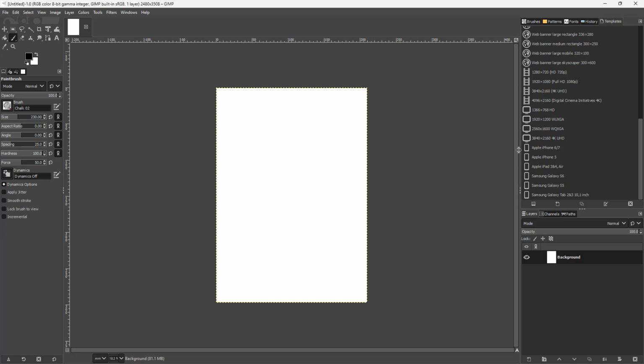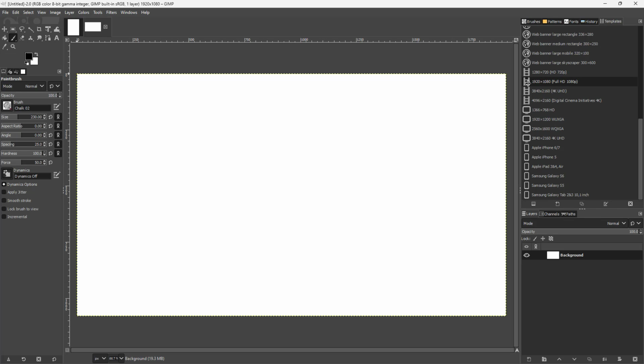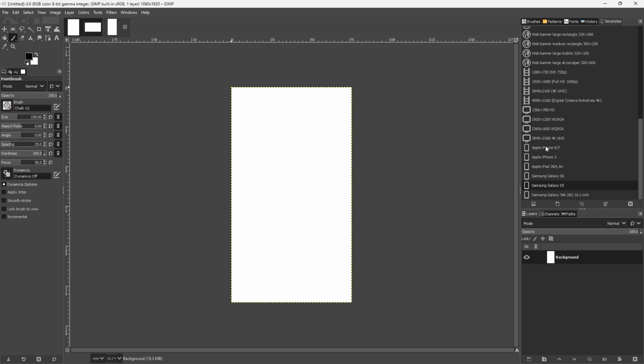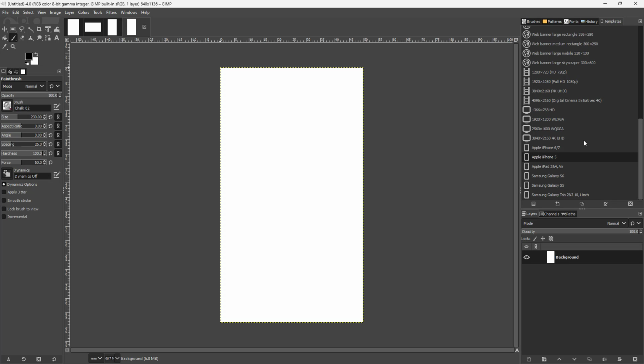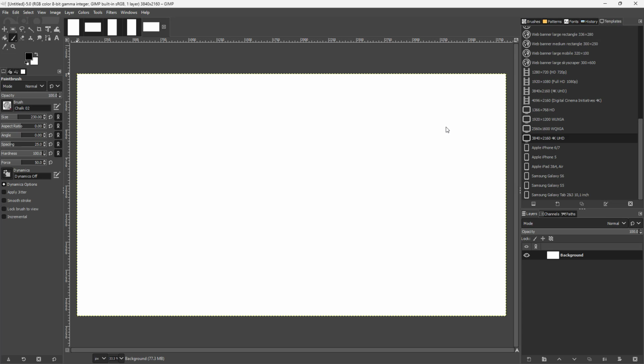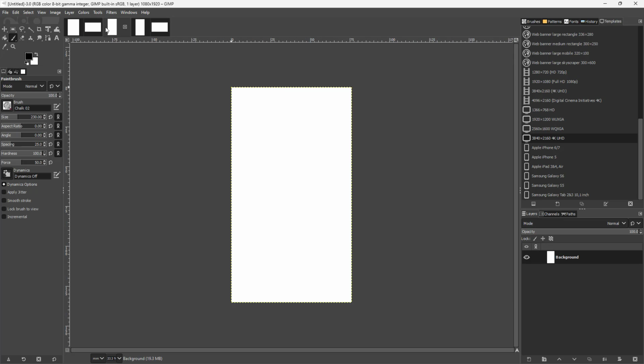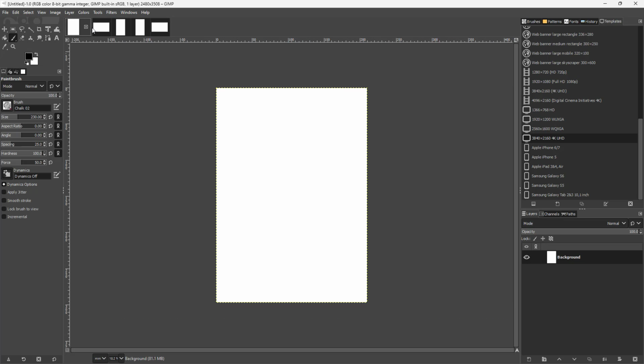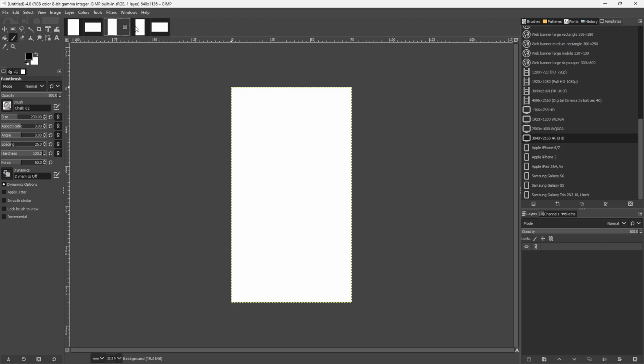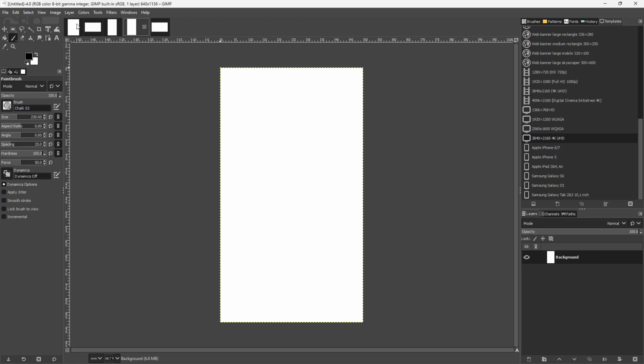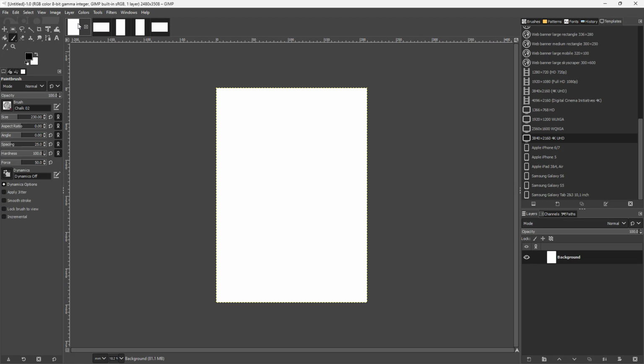this SD resolution right here, full SD, double click and it opens up the full SD resolution, Samsung Galaxy S5 and then Apple iPhone 5 right here, and there's 4K UHD, and these are the templates that are opened up as you can see right here. So you can see that they're arranged into tabs and you can access them just like that. And that is how you can utilize templates directly from the work area by utilizing the templates dialog